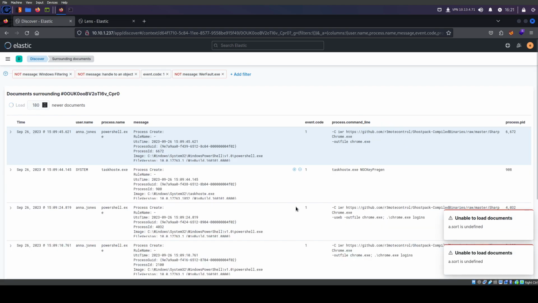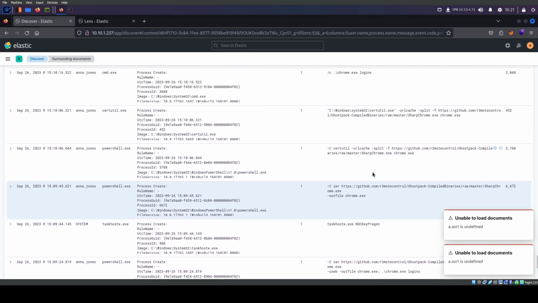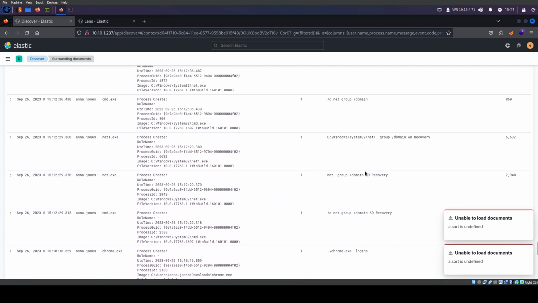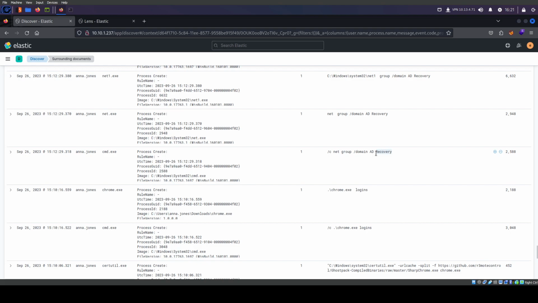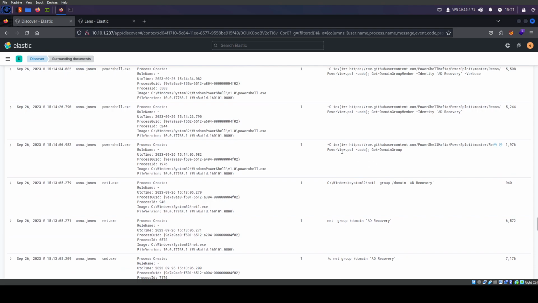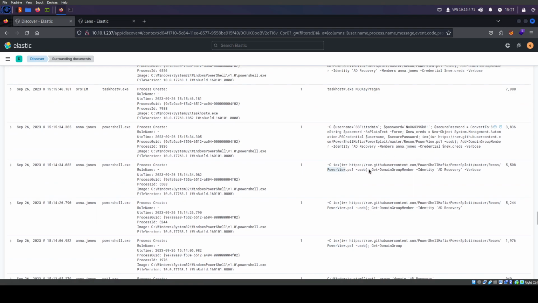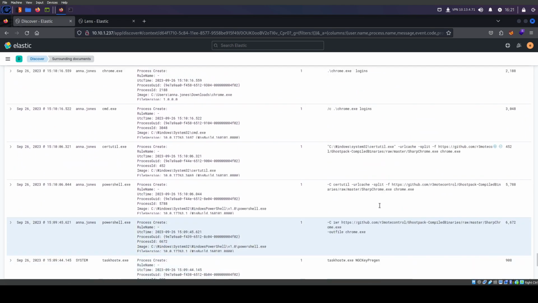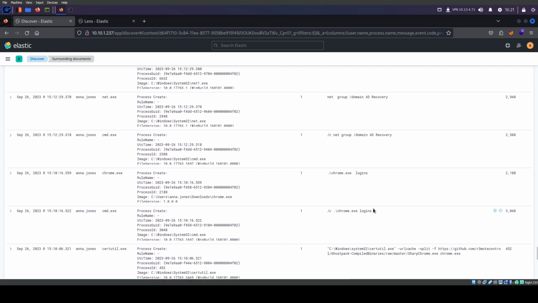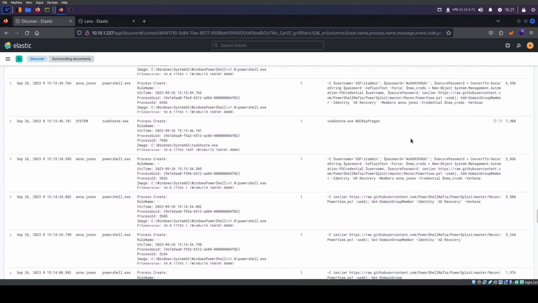Use surrounding documents. There we go. So now we kind of understand what the attacker's trying to do. Certutil. Okay. Now it's trying to do more. It's trying to do AD recon. There we go. Now we have more enumeration. PowerView. So it's using PowerView now. So we kind of went through the whole path of Anna. It took a little while, but then we eventually see that the attacker was able to get new credentials by the IT admin. So now it's using the IT admin's credentials.